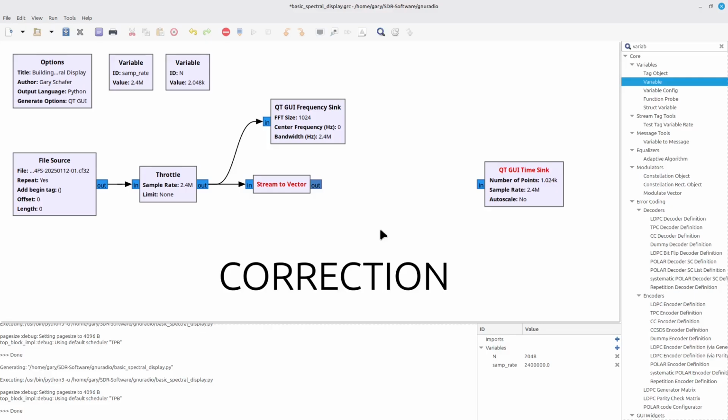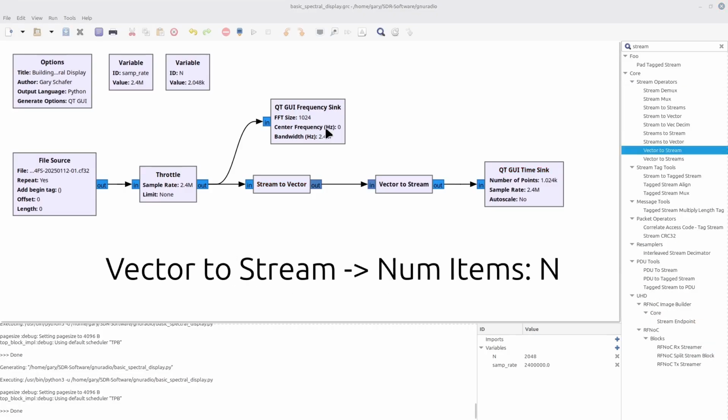Hello, it's me, it's Gary again. I'm just going to put in here a quick correction that when you're looking at the stream to vector, all you're doing is just putting the samples into a block, a vector, an array, whatever. And then in order to see it in the time sink, I'm going to have to put in a vector to stream, and then that will display. Now, initially, all the stream to vector does is just put stuff into a block, and then the vector to stream puts it back into a stream, so you can't really see what it is doing. I'm just going to leave it at that, and then we're going to continue on with the rest of this video. Enjoy the rest of the video.